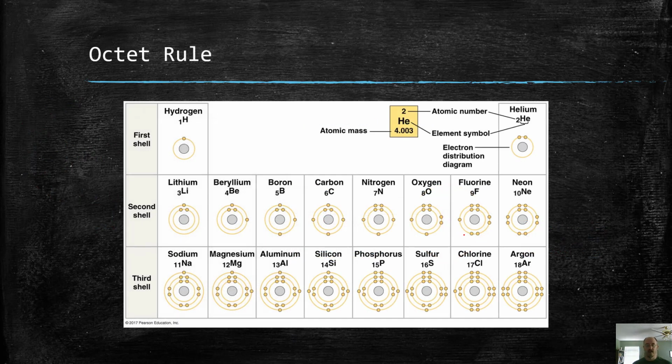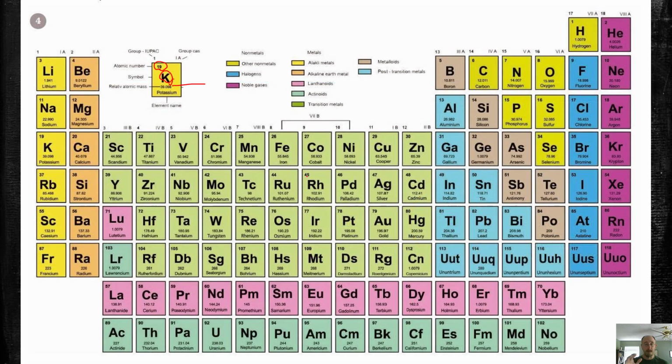Now, one thing I want to point out is the way you can determine how many subatomic particles there are in an atom. The atomic number, this number right here, like for potassium, is 19. Let's do a smaller one to make it easier. Let's do our good friend carbon. It has an atomic number of 6 and an atomic mass of about 12, right? So that lets you know that in the nucleus of that carbon, there are 6 protons. So the atomic number lets you know how many protons there are. So there would be 6 protons in carbon.